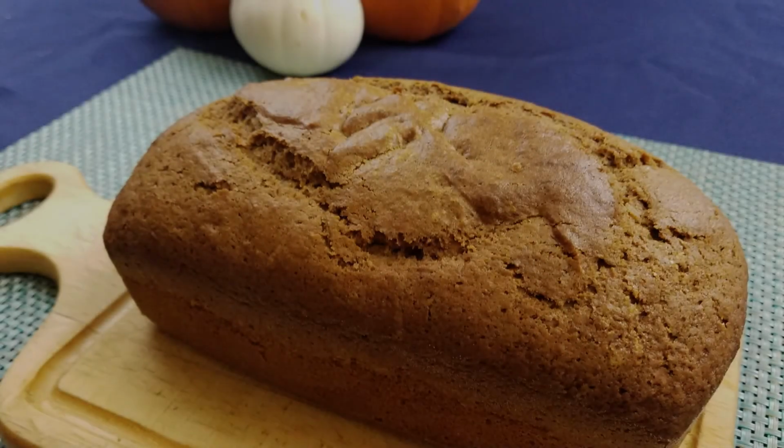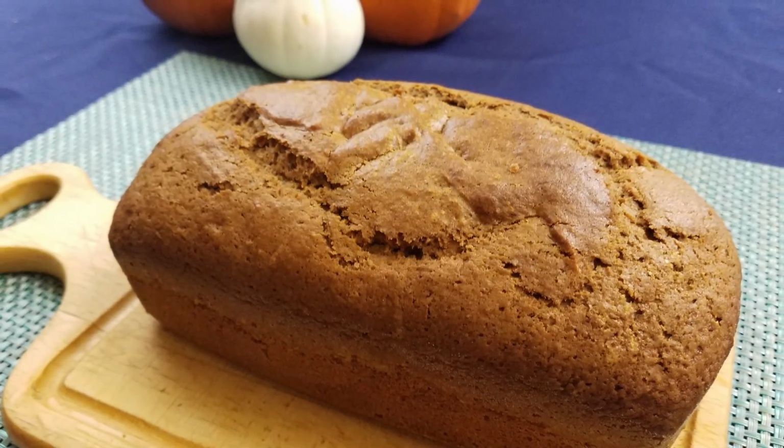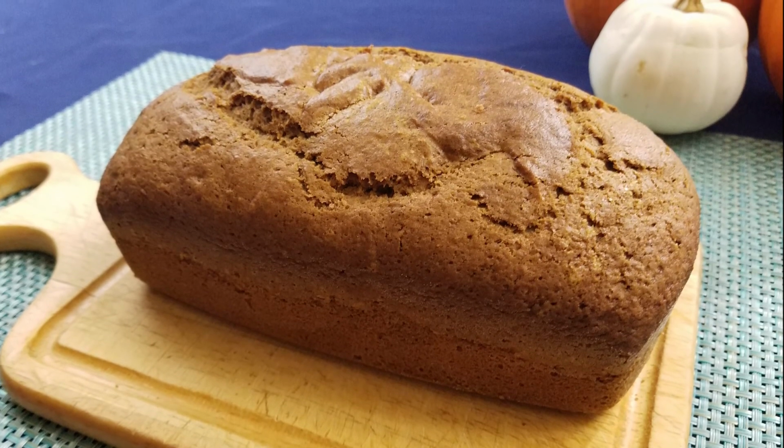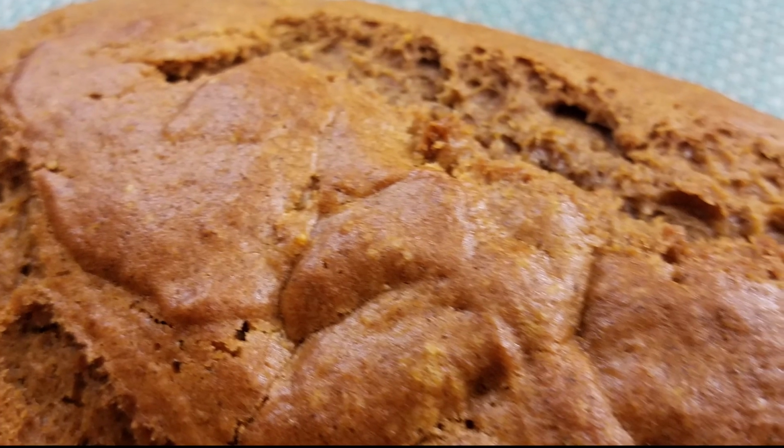Hello and welcome. Today we're making the first in a few pumpkin related recipes. This one is for pumpkin bread. While it does have a lot of ingredients, it's actually super simple to make and only takes a little bit